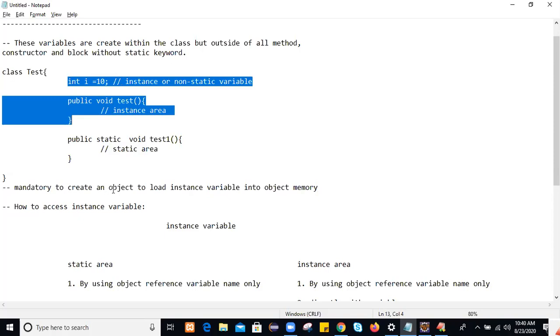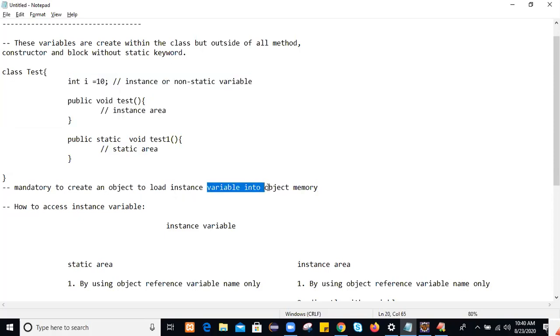So it is mandatory to create an object to load the instance variables, or the instance members of the class, into that object memory. In short, instance members of the class means all the instance variables, instance methods and instance blocks within the class.